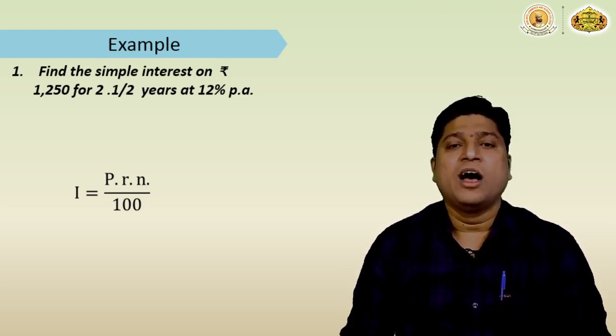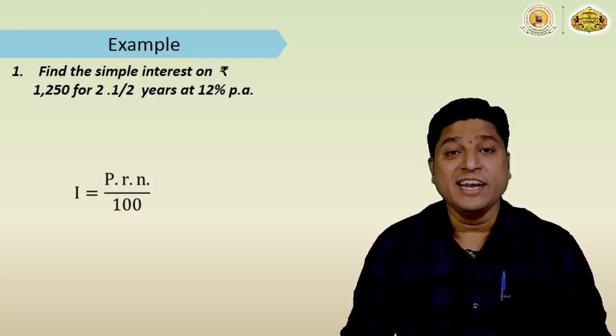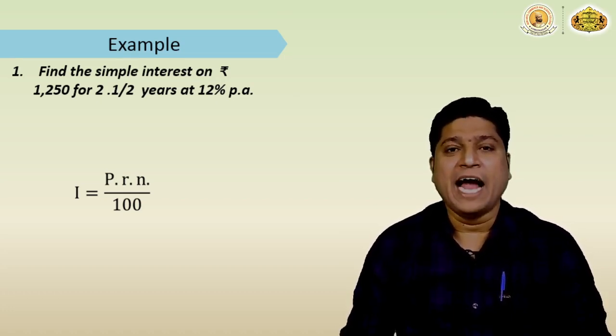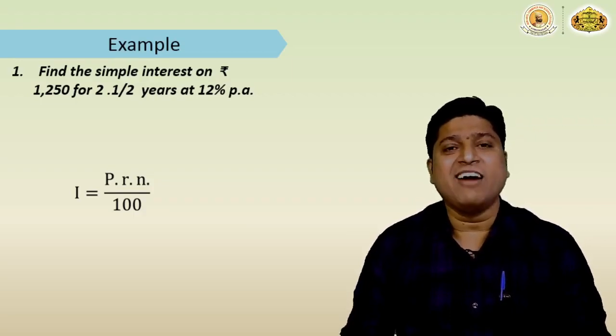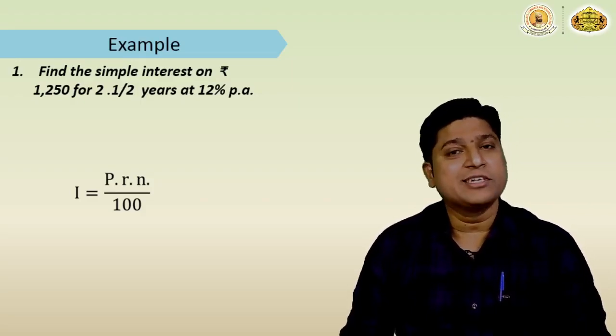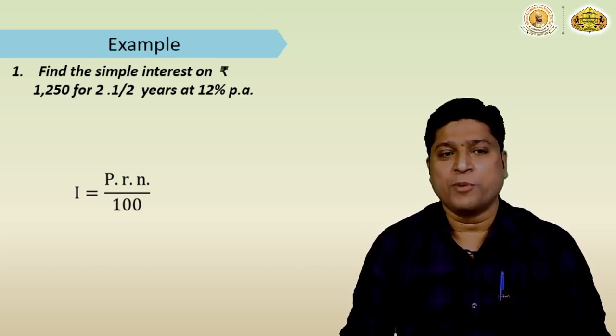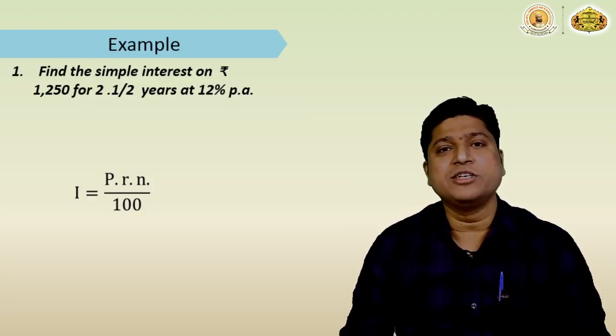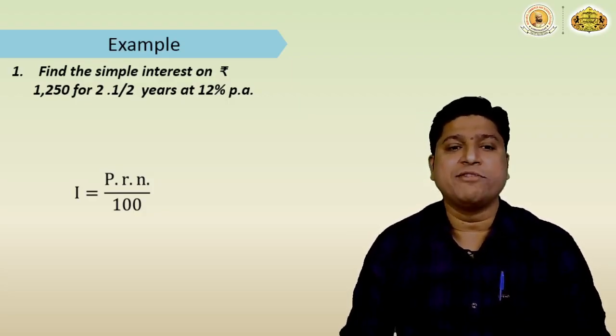My dear students, I would like to urge you all that whenever you solve problems based on mathematics, the first thing you must do is read the problem at least 2 times and try to understand what has been given in the problem, and then find out what they have asked. So, first of all, we will read the problem and try to understand what they have given in the problem. Find the simple interest on rupees 1250 for 2.5 years at